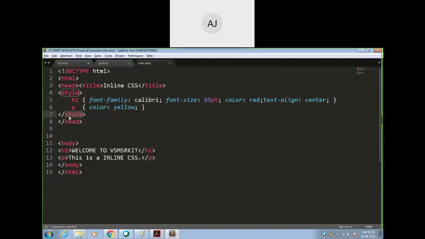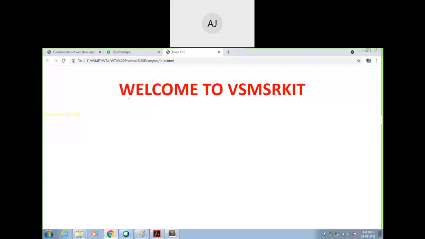Within this, whatever CSS I want to write, I am writing here. Is it okay? So this is the example of your internal style sheets. Inline is done, then internal or embedded is done. Now we'll go for the third one, that is your external level,